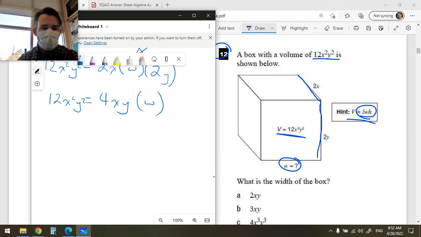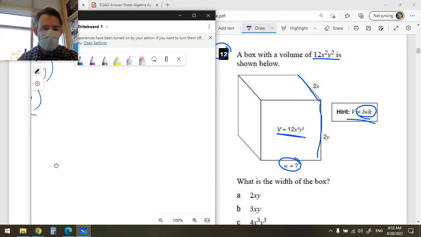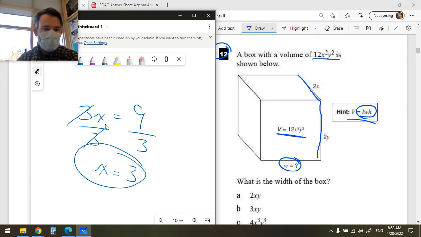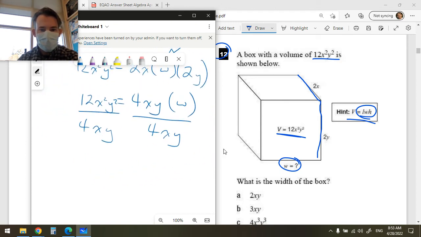3xy down here. But if we're still unsure, maybe sometimes we'll get tricky ones, we can divide this away on both sides. And this will help us simplify the expression. It's exactly the same as this type of question. If I have 3x is equal to 9, to solve this, because I'm multiplying my unknown by 3, I divide both sides of the equation. That's the inverse operation of multiplication. Division is the opposite of multiplication, and it gives me x as the result of 9 divided by 3, which is 3. So here, I'm going to do the same thing,